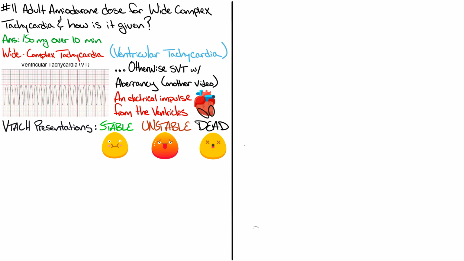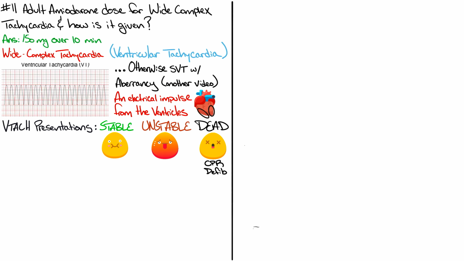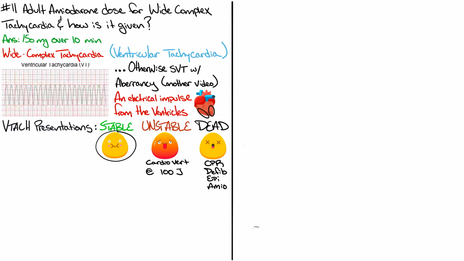If your patient is in ventricular tachycardia and is dead, then you're going to start CPR and defibrillate as soon as possible. You're also going to alternate boluses of epinephrine and amiodarone. If your patient is in ventricular tachycardia and is unstable but alive, then you're going to cardiovert the patient at 100 joules. Lastly, if you have a patient who is in ventricular tachycardia and is stable, that is not presenting with any signs or symptoms of shock, then you're going to use amiodarone at a dose of 150 milligrams over